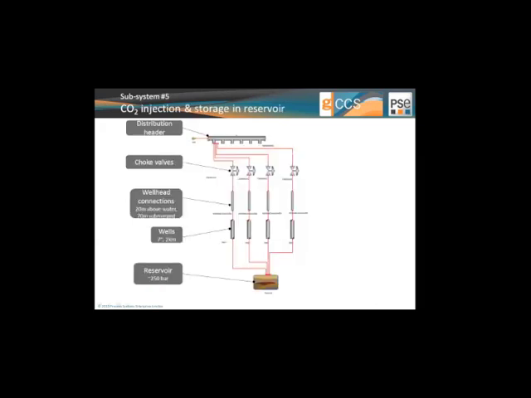Finally, the CO2 injection and storage with the corresponding header, choke valves, and then wellhead connections, and finally wells down to a reservoir. Very important to say here is the effect of heat transfer on these wellhead connections. This is a bit of tubing that might be first above water and then submerged. In this case, we took the specifications for something similar to King's North, and we had 20 meters above water, 70 meters submerged. We actually saw a huge impact on the pressure drop calculations if you didn't include these connections, just simply because of the differences in heat transfer to the environment.